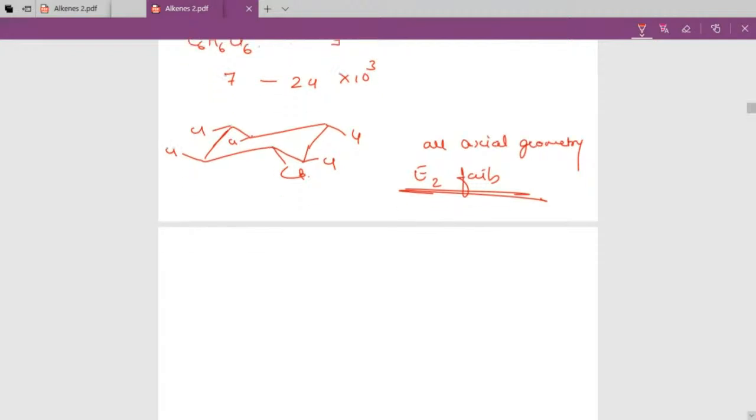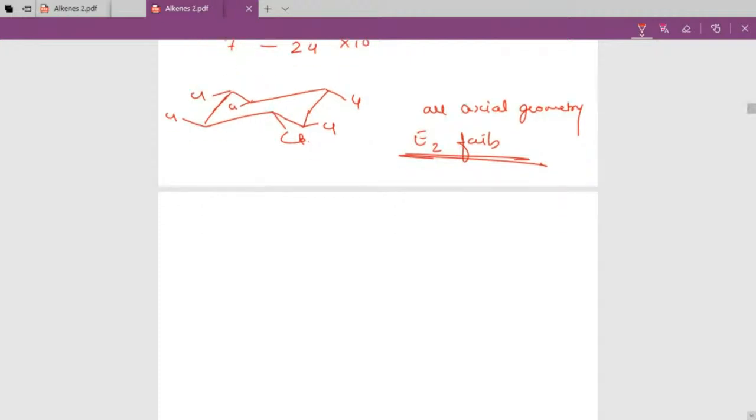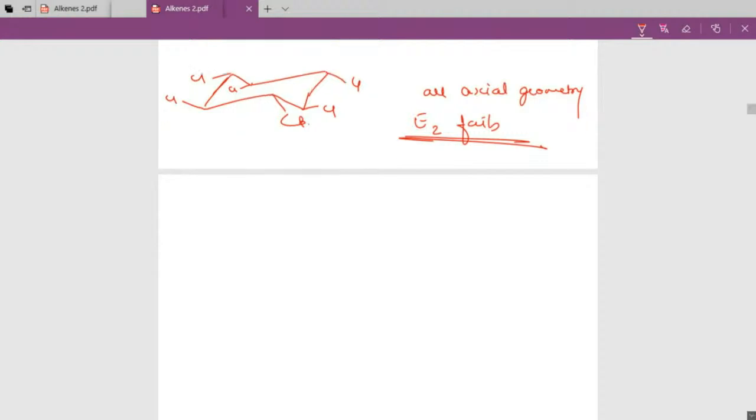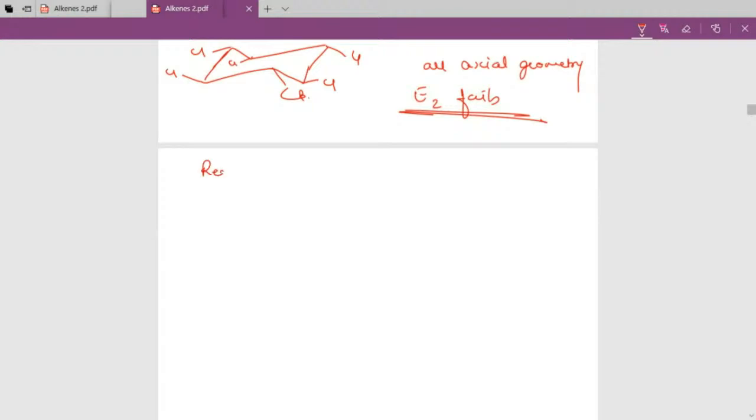As far as JEE is concerned, if you have to make a choice between syn and anti, go for anti always. And if for whatsoever reaction you find that anti is not happening in cyclohexyl or in usual molecules, then as per options, you may even go for no reaction. Though they frame the question experimentally, so it will be evident, for JEE you strictly stick to anti-periplanar eliminations. Correct? Now let us discuss